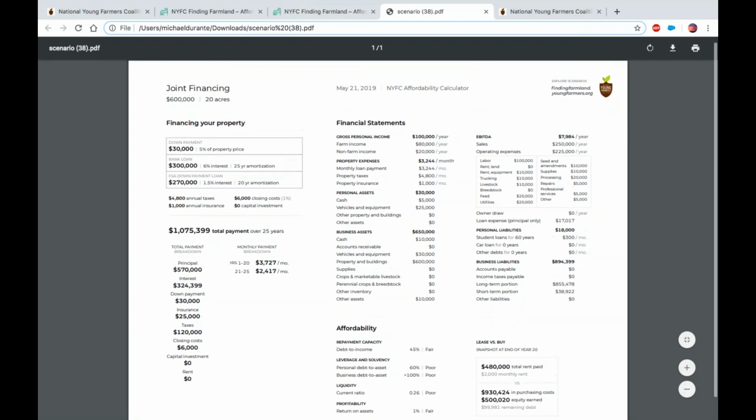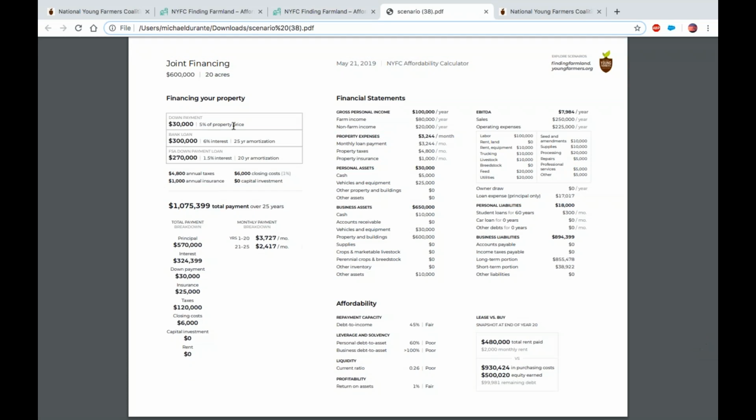So I always recommend that people, if you're putting a little bit of time into this, download your scenario as a PDF, save it somewhere, print it. And this is also useful to bring to a lender that you might be working with. Because for a lender to come up with these numbers for you, sometimes, especially if you're working with FSA or something, it might require an office visit, a few emails. But for you, it might be just as easy to, once you know the terms of loans offered to you, just enter those numbers in yourself and get a good idea of what the payment period is going to look like.